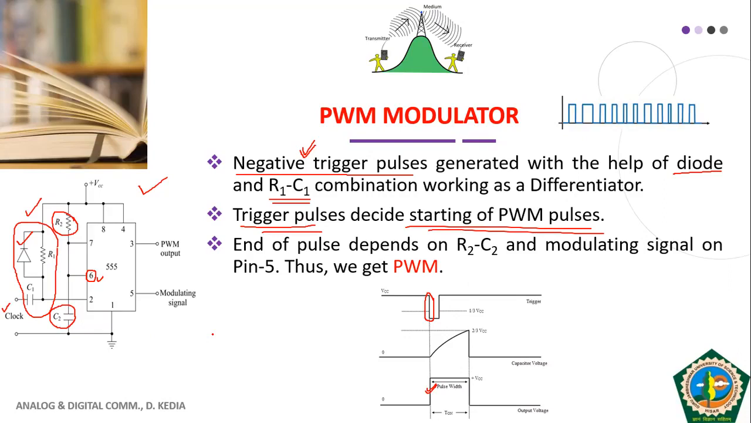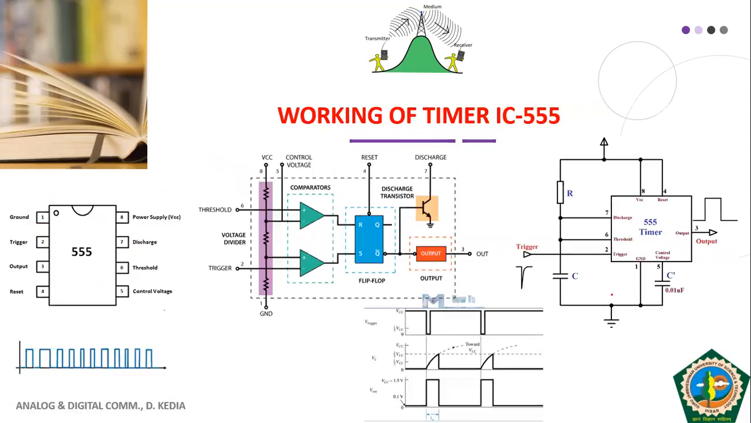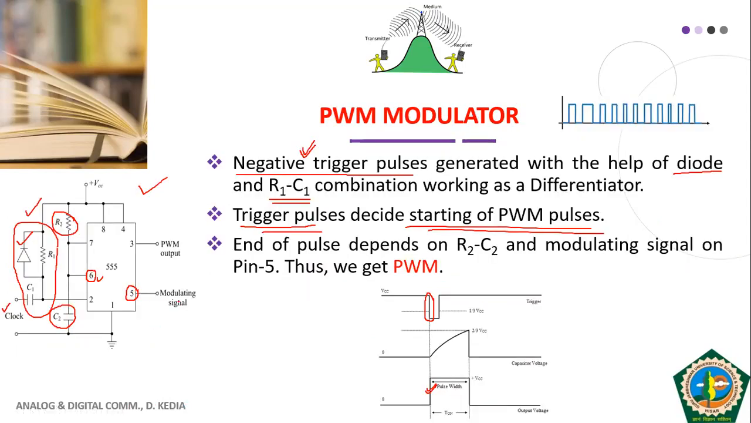And apart from 2 by 3 VCC, we had one more overriding terminal, and that was control voltage terminal number 5. In the previous diagram, we had connected that terminal to the ground through a capacitor, whereas here this terminal 5 is connected to the modulating signal, okay. Now what does it mean? It means that the comparator, the second comparator,